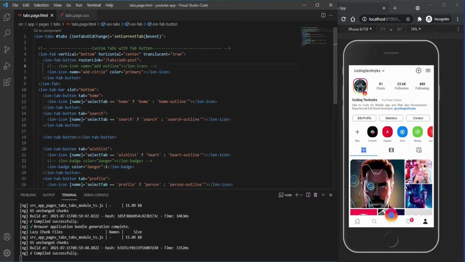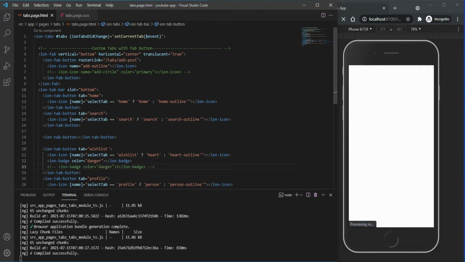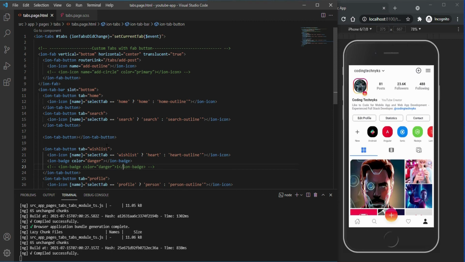Little much, not many. So out here also I've commented this add outline. So I'll just uncomment this and comment this one also. Circle one, I'll comment it up. Alright, now you see we are at the first design, right? The only thing that we need to change is this badge one. So for the badge also I have kept this as commented one, which is very easy for you to toggle it up. Alright, so you will be able to achieve both the designs if you make these slight changes.